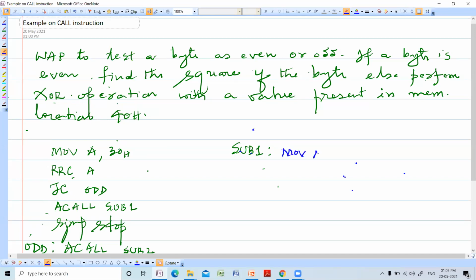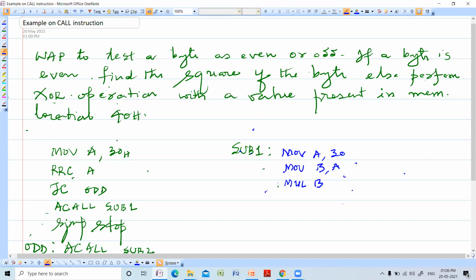MOV A, #30H. MOV B, #30H, or MOV B, A. MUL AB.